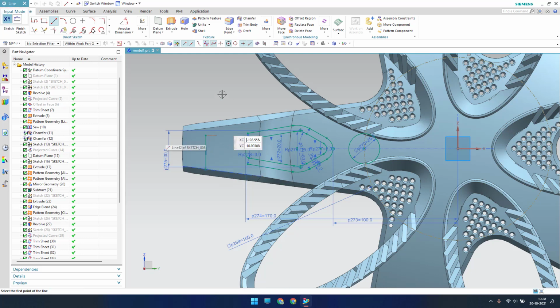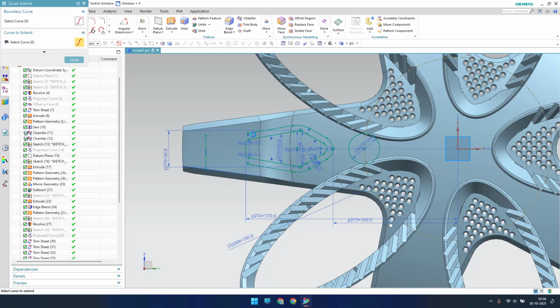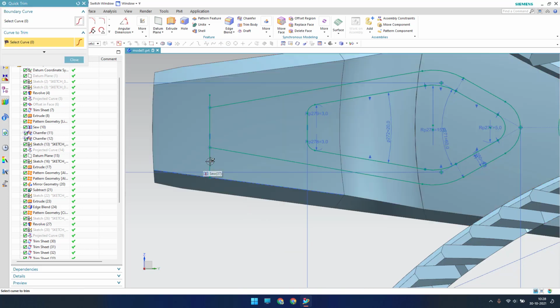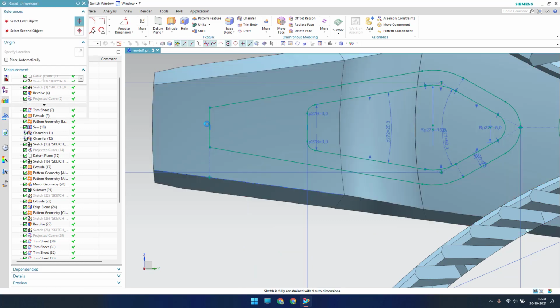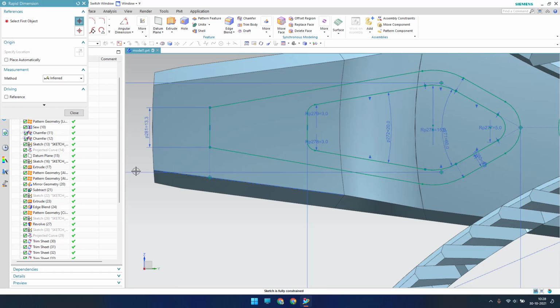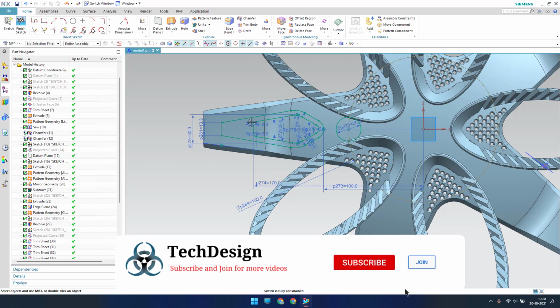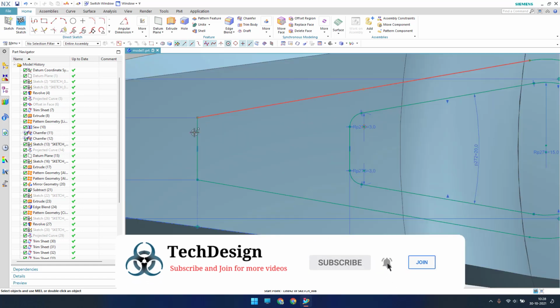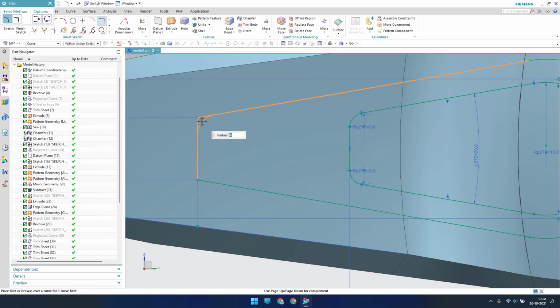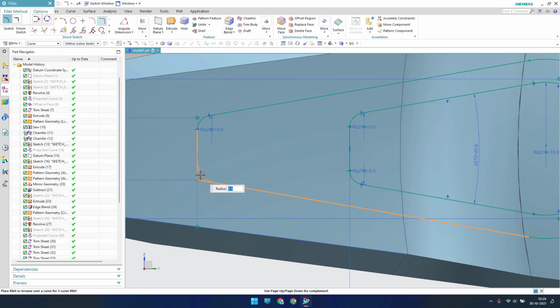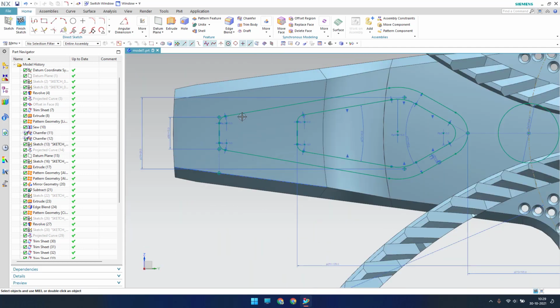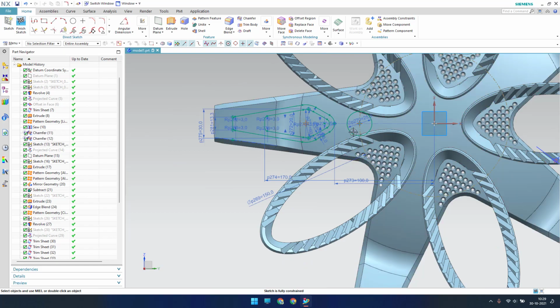okay, and extend this with the command E. So I'll extend this and this. So now let me trim this portion and give a dimension for this. Okay, so this is the dimension. Also I need to make a fillet here, so let me make a fillet over here. This fillet should be 3 mm, and here as well it should be 3 mm. Okay guys, so these are the 3 sketches. This one sketch and this is another sketch and then this circle. So I'll finish the sketch now.